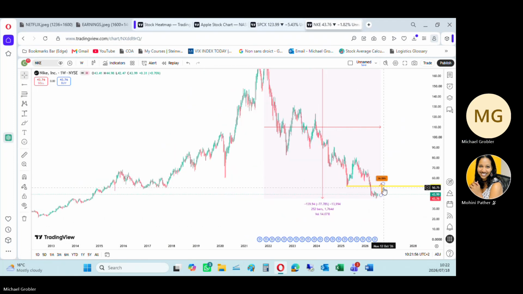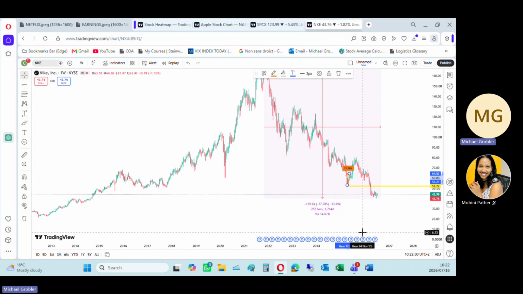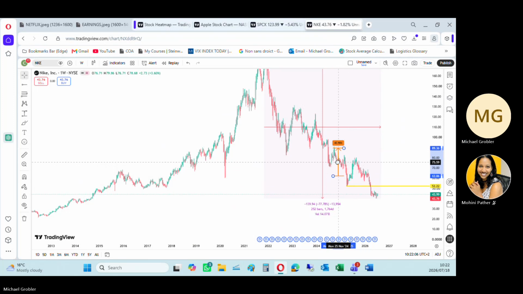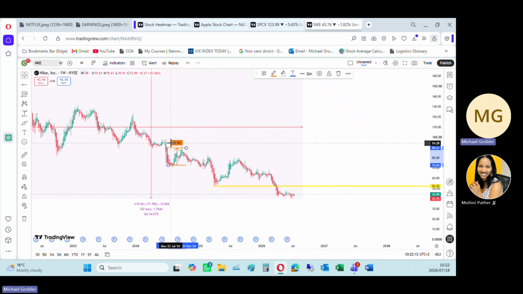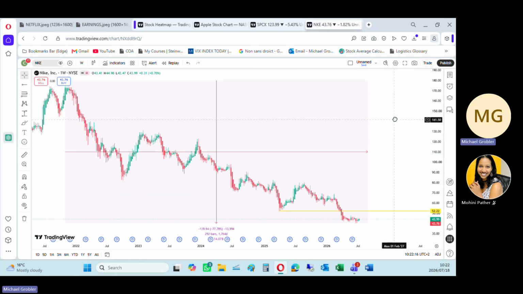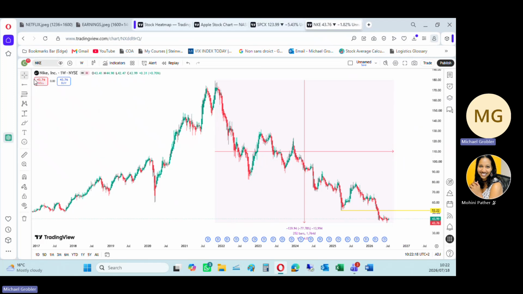Like, look here, for example, let's move this 25% here. What is this? 51%. What is this little move? 23%. So the reason I show you this is because it's not this move that's going to win you the